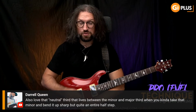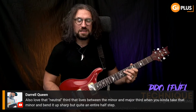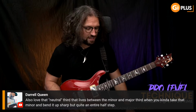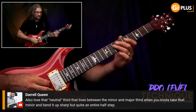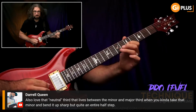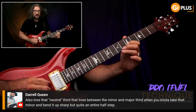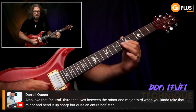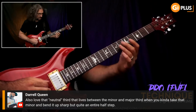Now, here's a fun one, right? Daryl Queen says, I love that neutral third that lives in between the major and minor third. And when you kind of take that minor and bend it sharp, but not quite an entire half step, what he's referring to is this sound, which is a really cool sound. It's kind of somewhere in between this note and this note. Now, playing between here and here